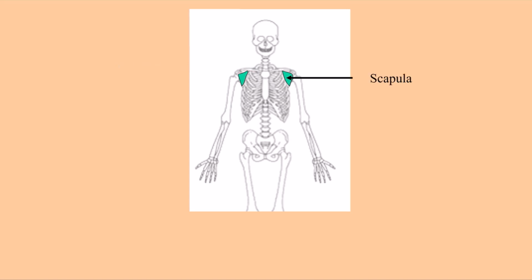Then the scapula is a large, flat, triangular bone attached to the axial skeleton by muscles and tendons. Humerus is the bone of the upper arm. This articulates with the ulna. Ulna is located medially on the little finger side of the forearm. Radius and ulna articulate with each other. Radius is located laterally on the thumb side of the forearm. Its proximal end articulates with the humerus.